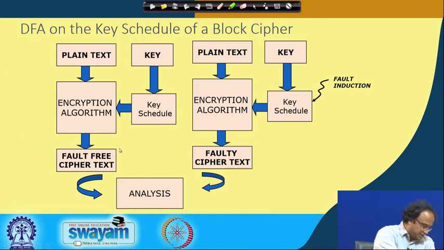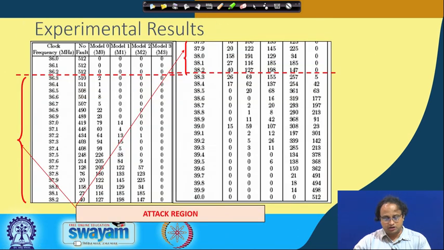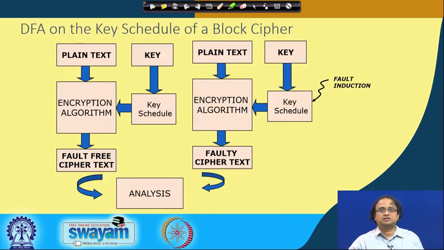So at this point we are done with how to target the AES data path with faults. What we will see next is what happens when faults target the key schedule of a block cipher. We have been targeting only the data path so far, but we will now investigate what happens when the fault touches the key schedule of AES. But that we will take up in the next class.